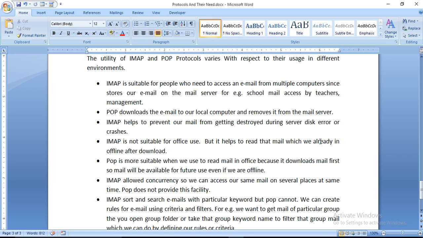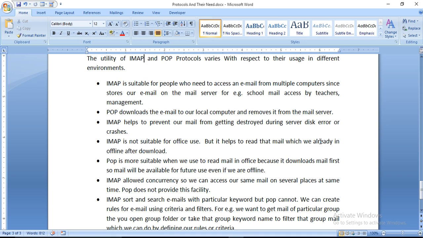We can search hundreds of mail of same company in our mail by giving the keyword of that company name, and easily we can access and find out the mails between thousands of mails and work easily by giving some simple keyword of that particular group or date or their common